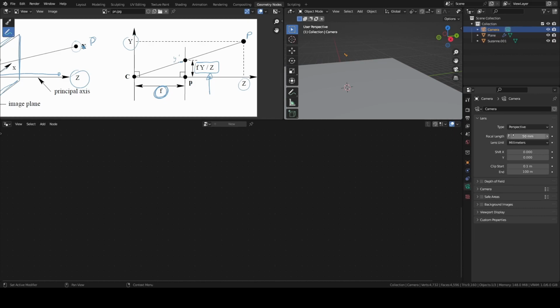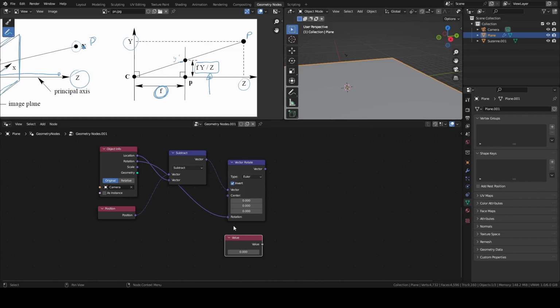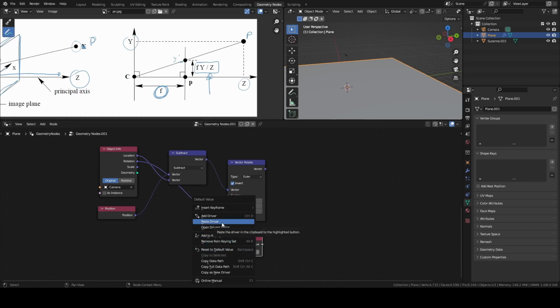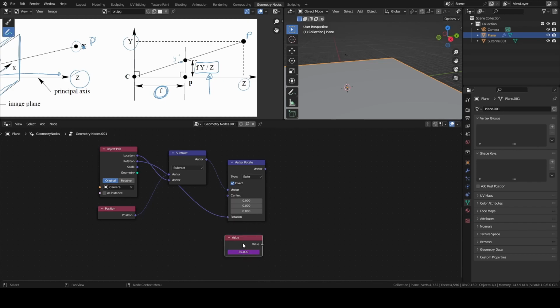Here it is, the focal length. Just right click on it and choose copy as new driver. Then go back to the geometry node, right click here and paste driver. Here it is. Now here we have the focal length of my camera.